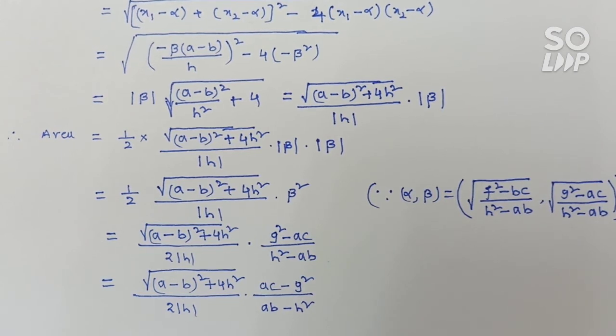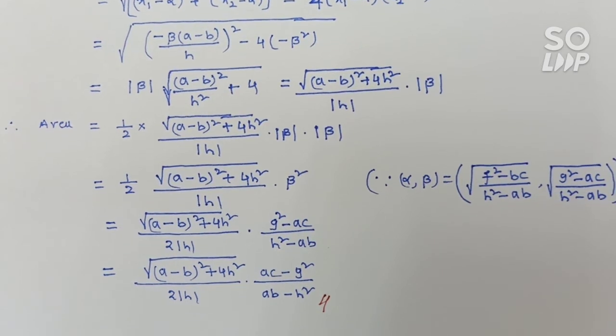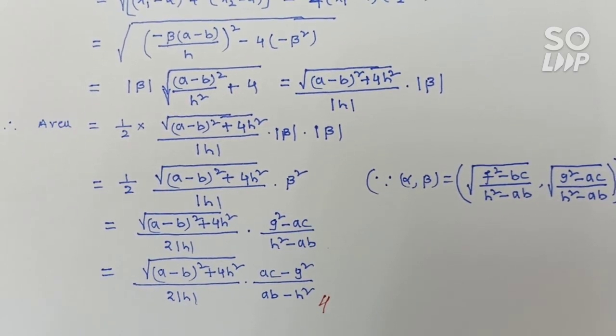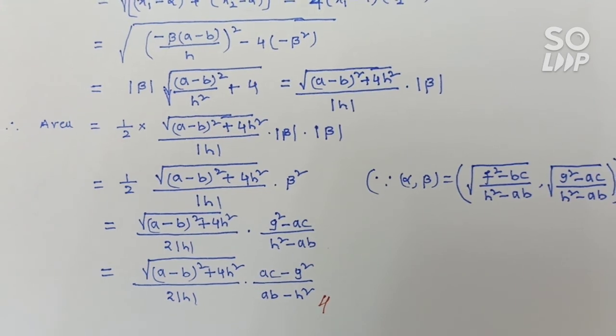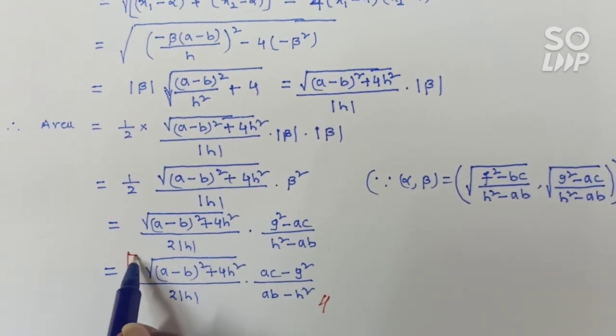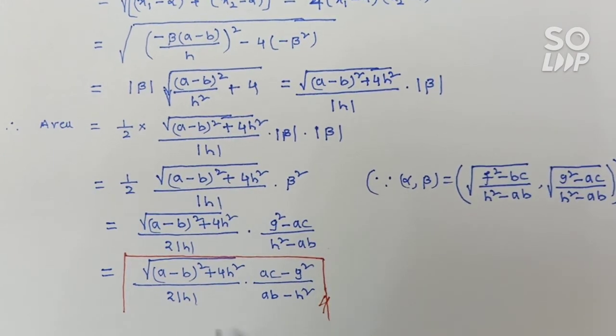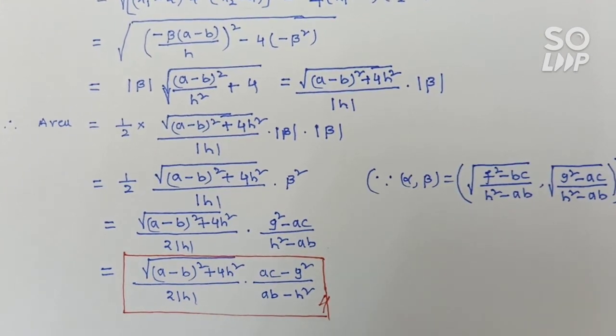What is that required value? Area of the triangle formed by the pair of angular bisectors and axis of x. Axis of x means that will be the x-axis. Okay. So this is the very most important formula. So this formula you can use as the shortcut from the objective point of view. So please all of you try to remember this formula. Okay. Now we will see the next concept.